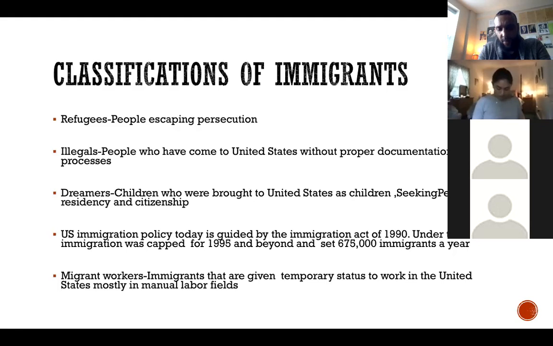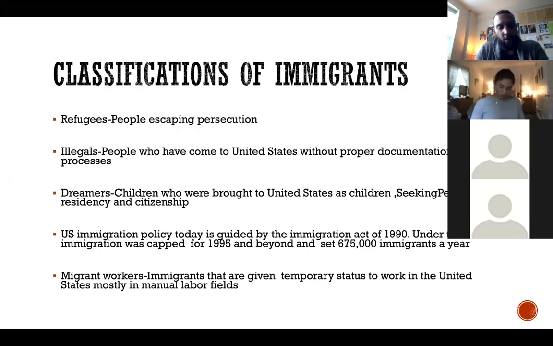In the beginning, someone said immigrants that don't belong here. I can't remember exactly who said it, maybe Ashley, but those are called illegals. We used to call them illegal aliens. That terminology to me is a little bit outdated because aliens to me are guys with large heads that come from Mars or Venus or Saturn, not someone who comes from another country trying to find a job or a better life for their children.